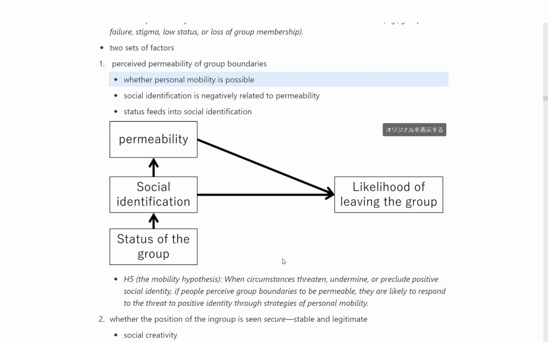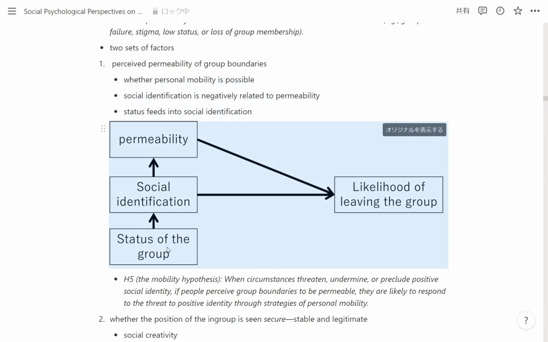And this permeability is negatively related to social identification. And then also the status of group feeds into social identification. So these three points are illustrated in this figure. So when people see that their group has a high status, they are more likely,